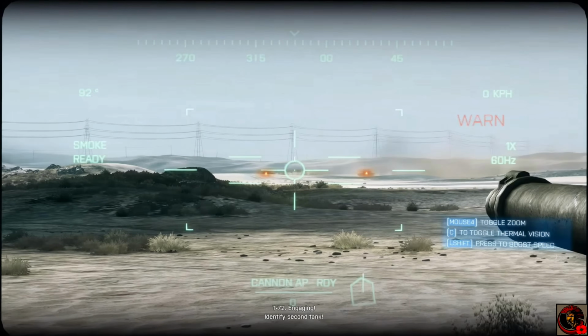Now in this particular scene, we can debate on whether or not a T-72 would destroy an up-armored Abrams all day long till the cows come home. We're not going to go there. But the one thing that does give me a little bit upset in this particular scene is when a round's flying through the sky. First of all, you can see it flying